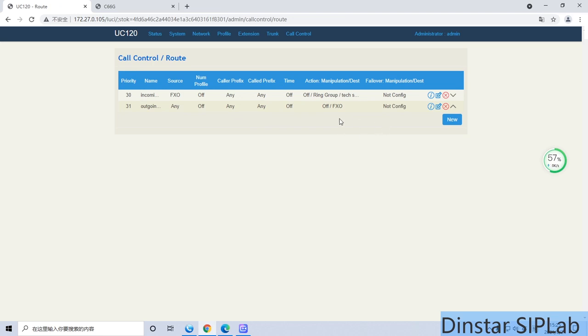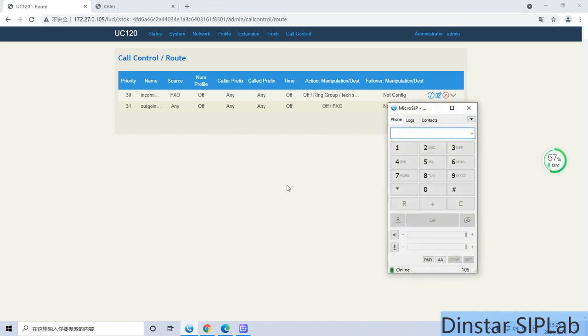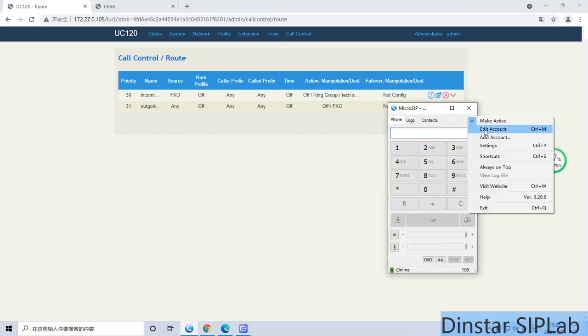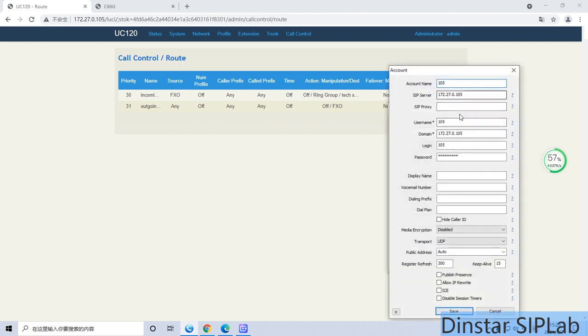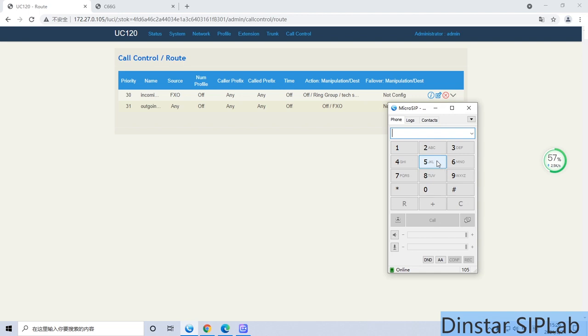After that, your ring group is set already. Before testing the incoming call and outgoing call, you can test internally. For example, we set the phone here. I registered the phone already, the threshold setting is set already, and it is registered already. Then you can set